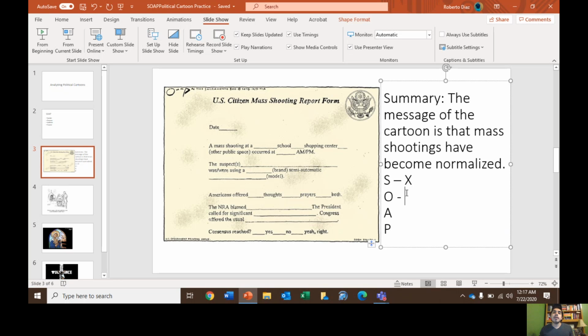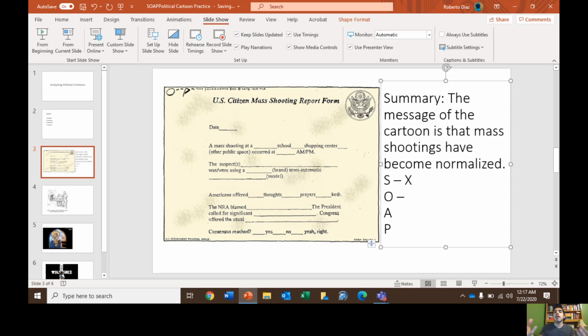The occasion can be very specific and it can be more general. So if you have a specific date attached to this political cartoon, that's important. You can imagine this political cartoon coming after a horrific mass shooting, like Parkland or Aurora or the Las Vegas shooting or Sandy Hook. You can imagine then listing that specific context. If they give you a date for the political cartoon, the date is relevant,